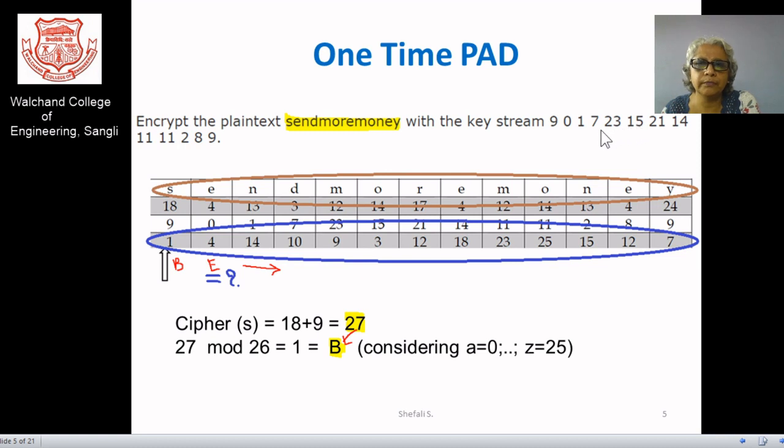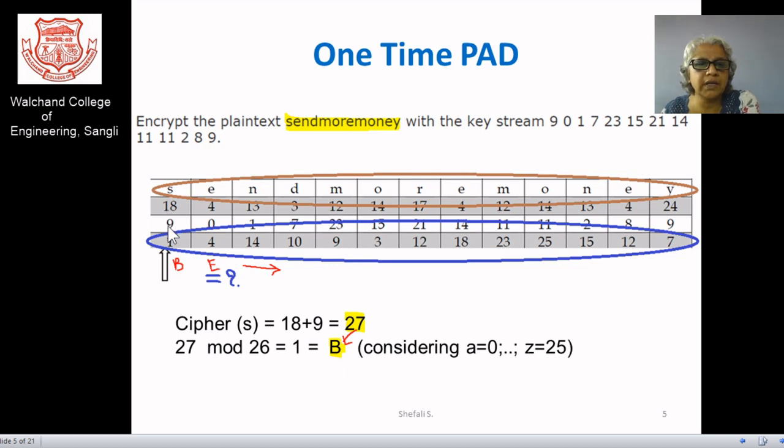So how do we go about it? There is one solution. We arrange our plaintext as "send more money", and as your key is given in decimal format, one idea is that you can replace your plaintext with decimal numbers. So S is the 18th position if you start from position 0 to 25 for A to Z. E has the 4th position, and likewise you can arrange the elements. The positions are taken into account, then you arrange your key here, and go for the addition of your plaintext and your key.